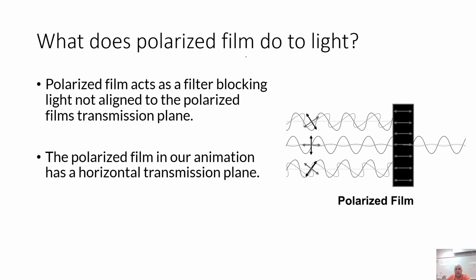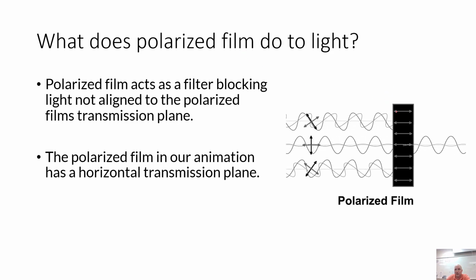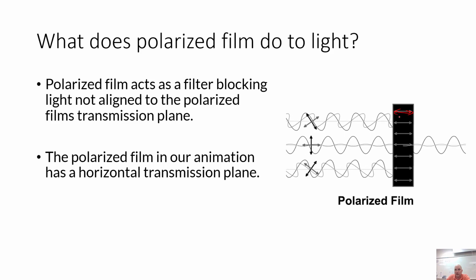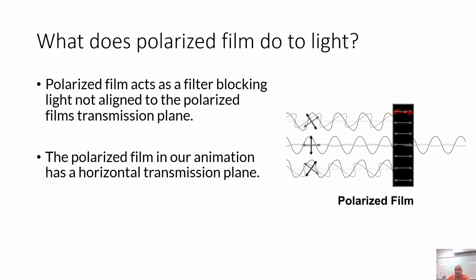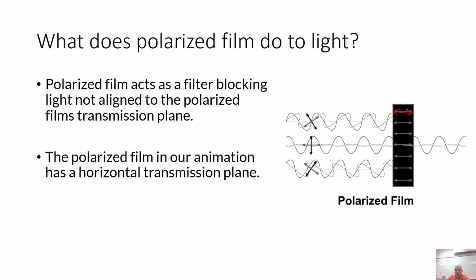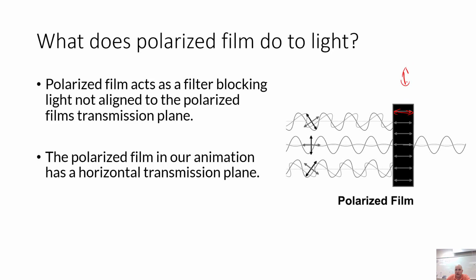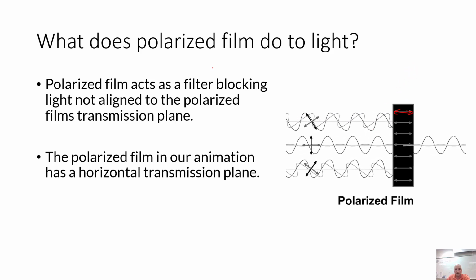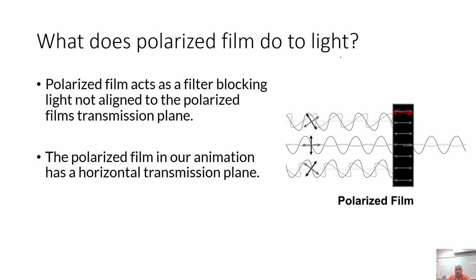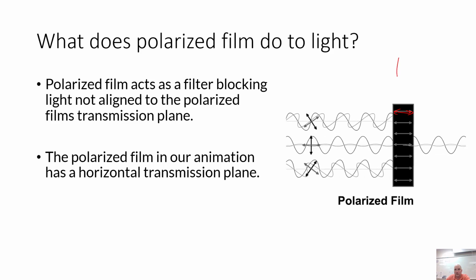And polarized film, any type you have, will have a transmission plane. If it's a horizontal transmission plane, it will let 100% of the horizontal light through, but it will cut out light more and more until you get to the vertical plane. If any light was coming in vertically, it would cut 100% of that light. And so with polarized film, you can still see through for the most part. It's just going to cut out some of the light.